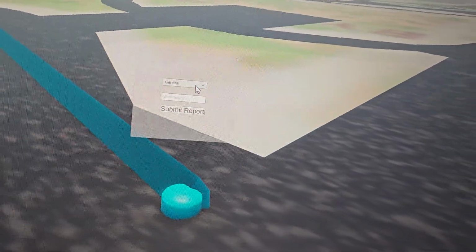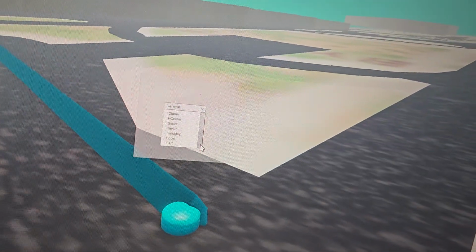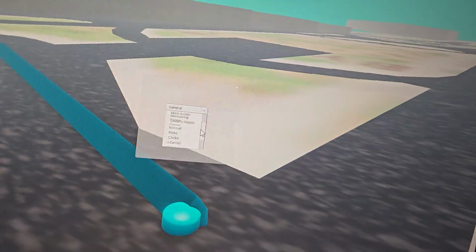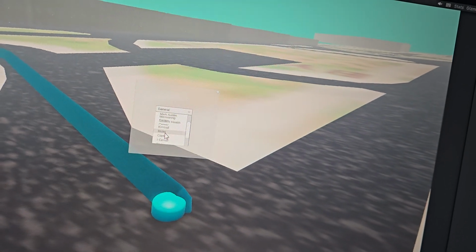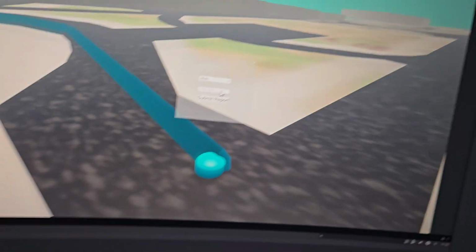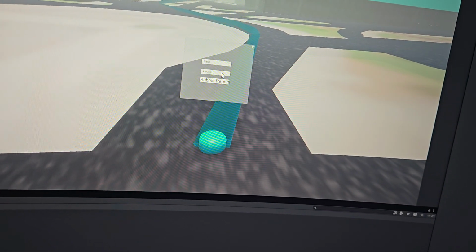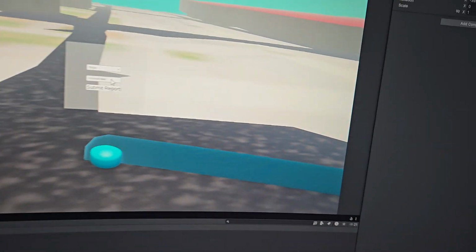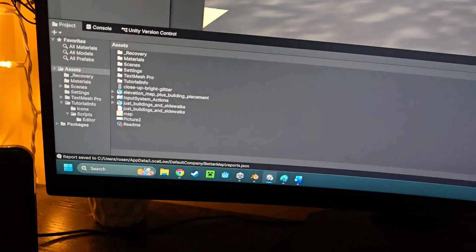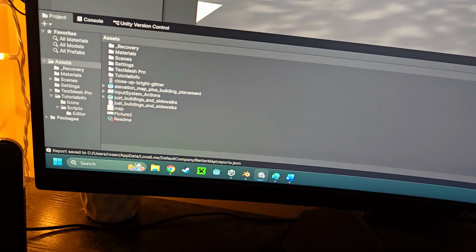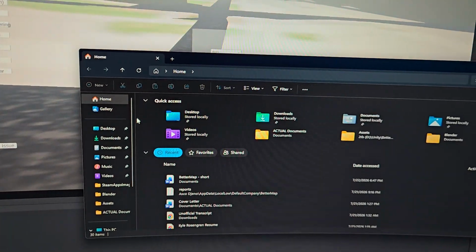General. Oh, and for clarification, I can make general reports, or I can make reports for specific buildings because I don't yet have building models. So if someone wants to say Rick's, and they're standing outside Rick's, they can say it looks bad, and note that those keys are still working. There. Submit report, and it has been submitted to this location here, down here, and actually I have 30 seconds